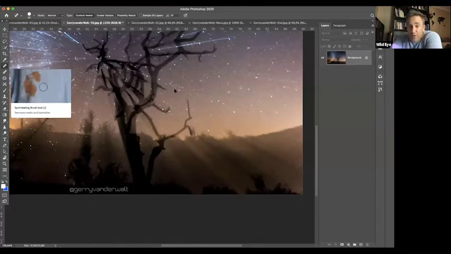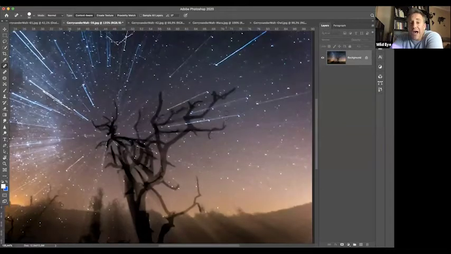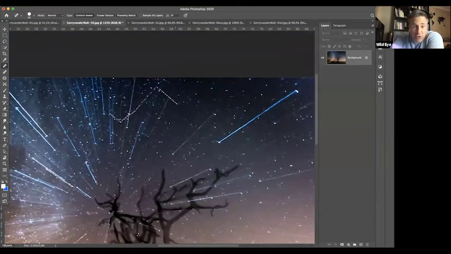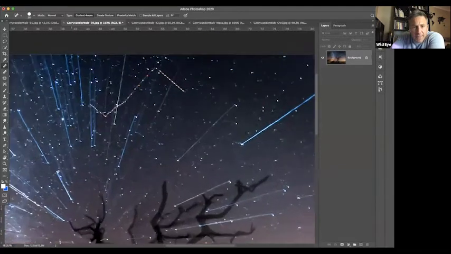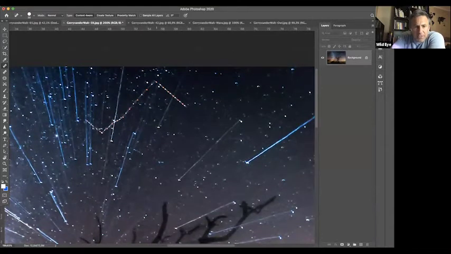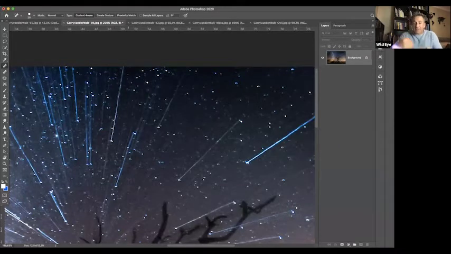With the spot healing brush tool, you can also draw lines, right? So let's say, for example, this, I think it was a satellite as I was doing this pan thing. If I wanted to try and get rid of that, let's go in a little bit there. I make it a bit smaller, and I draw a line and release. Okay, I missed it, and it's gone. So I want to get rid of that. Release, gone. There. Okay, but you can see it builds up. It doesn't just take it away. It builds up stuff underneath.